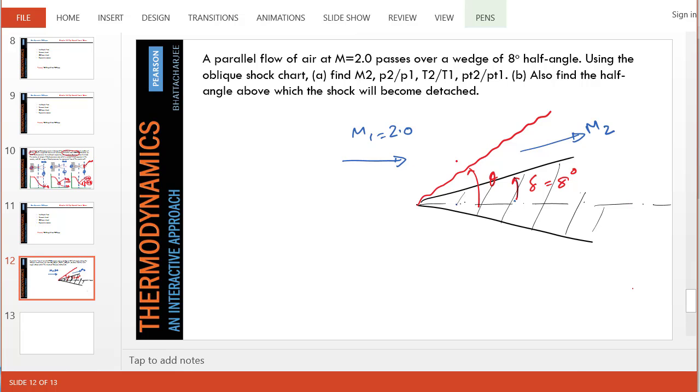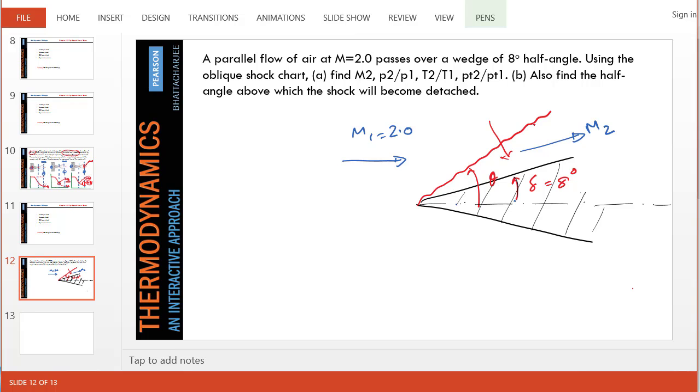So the flow is turned around. M1 becomes M2, which is still supersonic. The flow is turned around, and M2 is of course parallel to the wedge to make sure the boundary condition is satisfied. To solve the problem, we recognize that across the shock